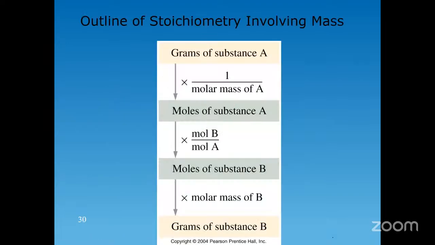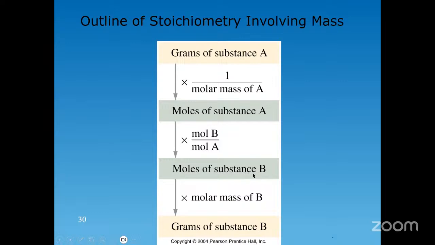Okay, so this is an outline of how you go about solving a stoichiometric problem. You may be given, in this case, they're talking about given grams of one substance. You may be given other information as well, which will allow you to determine the grams of that substance A. You convert it to moles by dividing by the molar mass, and then you look at the mole ratio between A and B. Basically, you multiply the moles of A by that mole ratio to get the moles of B,